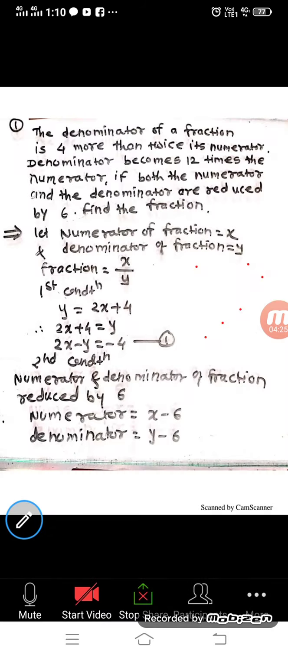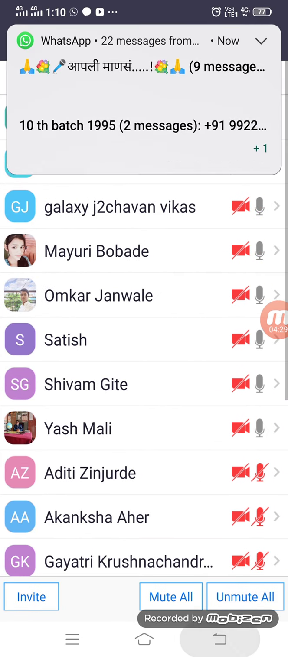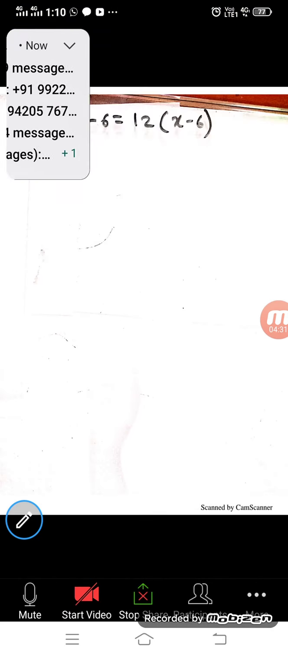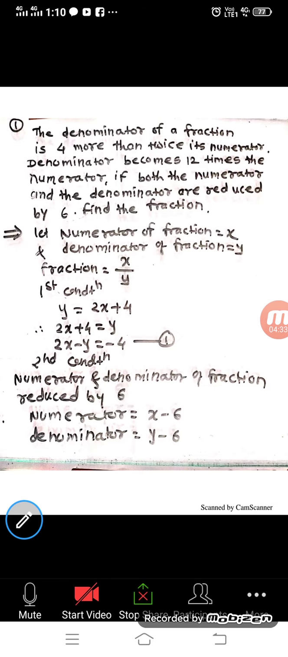इथपर्यंत सर्वांनी लिहून घ्या. इथपर्यंतचा भाग सर्वांना समजलाय? हो, लिहून घ्या इथपर्यंत. चला,